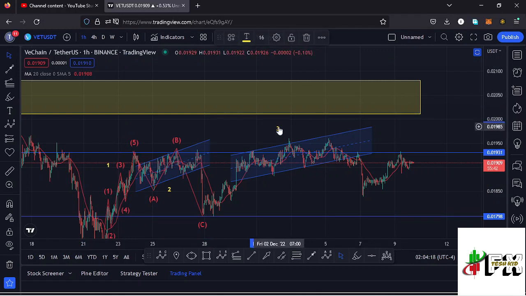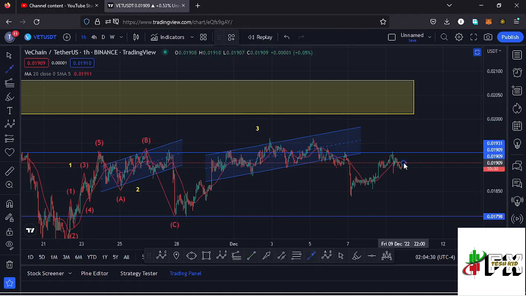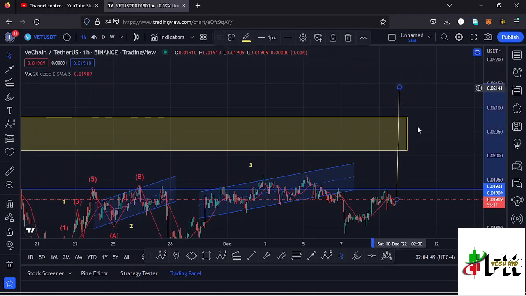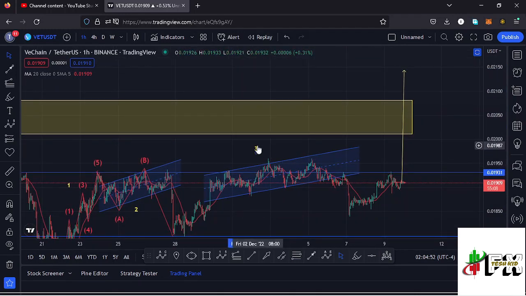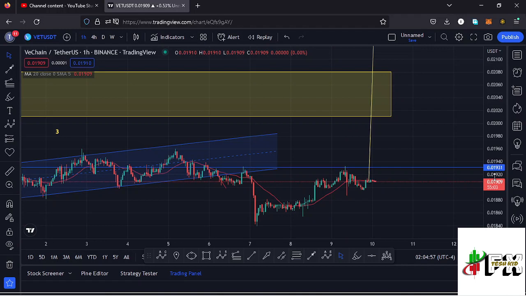And this wave 3 that we're having over here needs to show some impulsive nature, because for us to confirm that in the formation of this wave 3, we need to manage to break above the wave 1 high, which we have not yet done over here, and I'm expecting a bit of a pump to the upper side, manage to break above the wave 1 high, and once that happens, then we can try and face out the key area of resistance at around the $0.02 mark. And once we manage to break above it and maybe even see a retest of that key area of resistance, then we can fully maximize the fib level 1.618 in the formation of that higher Elliott wave count 3 to the upper side. And for us to support that movement to manage to break above the wave 1 high and